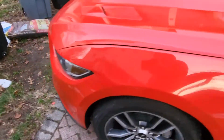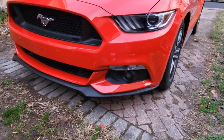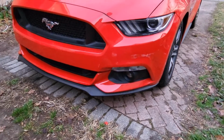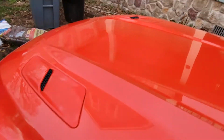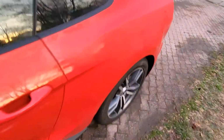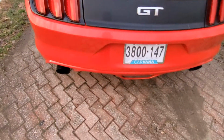It's got the 5.0 badge, so I think these guys stock came with LED headlights, and they came with the fogs, which I was really happy about because I think fogs are really cool. The base model also comes with these hood vents, which my Ecoboost did not have, which is pretty cool. It comes with a spoiler, and also, surprisingly,